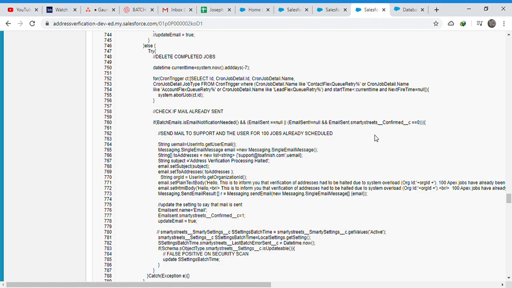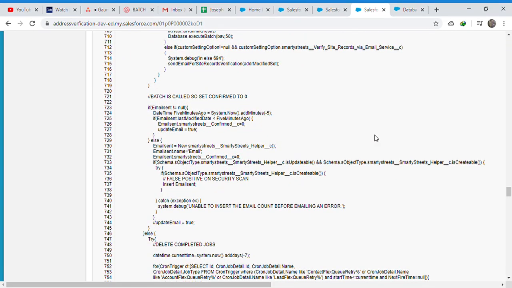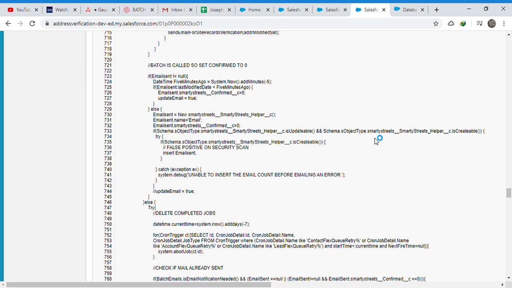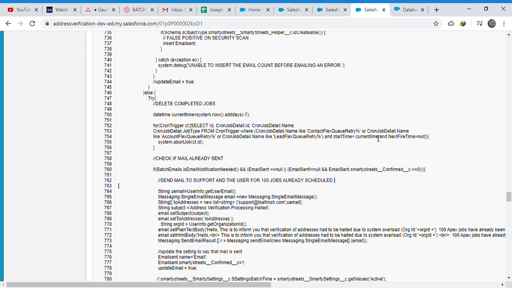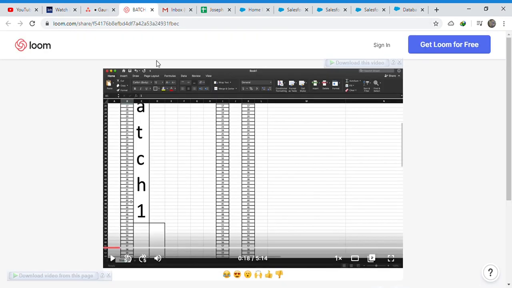When the trigger tries to verify some records, it will call the batch. But if the Apex job does not have any more room to call another batch, we generally skip this validation and just send us the mail saying that we cannot call another Apex job because there are 100 jobs already running. So that's the issue here. Another thing that you were saying that